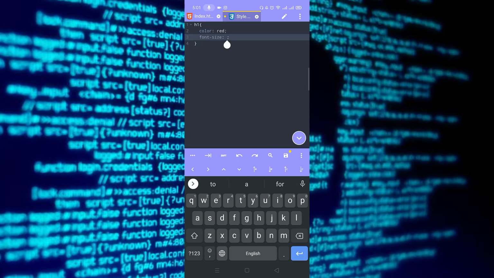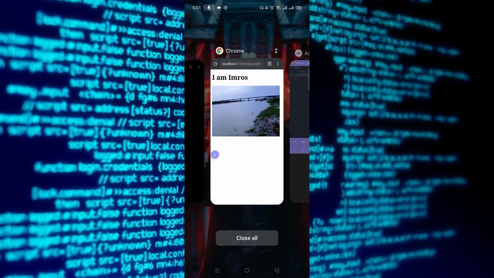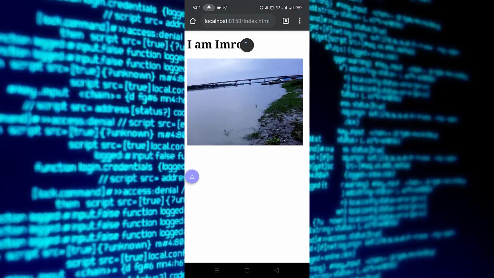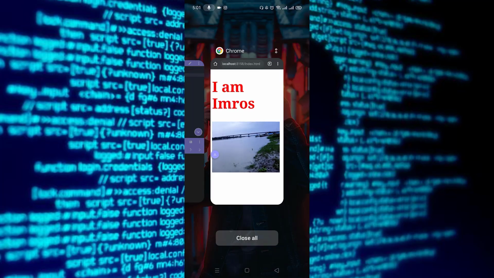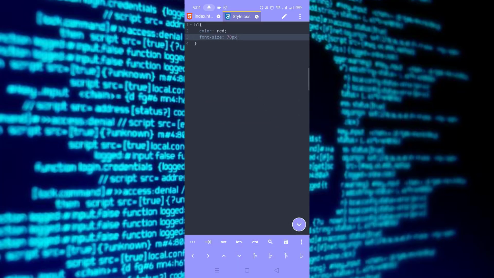Here is the property, font-size like 70 pixels. Okay, I guess it's okay, and let's save it. Let's preview it on my browser. So here you can see the CSS file is also working, the color has been changed.